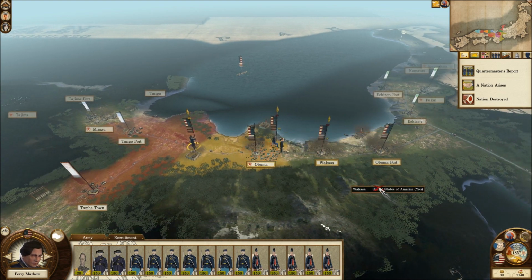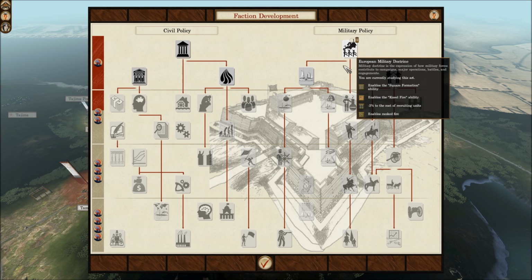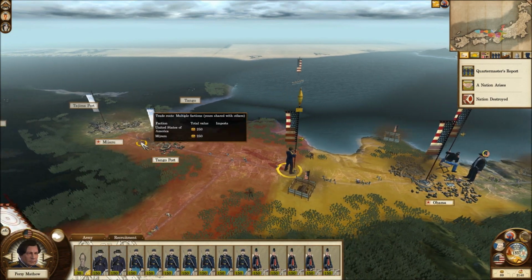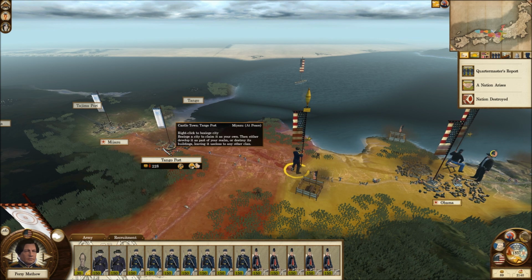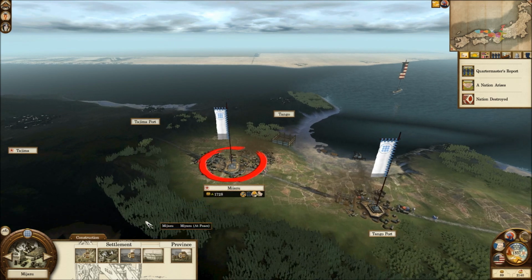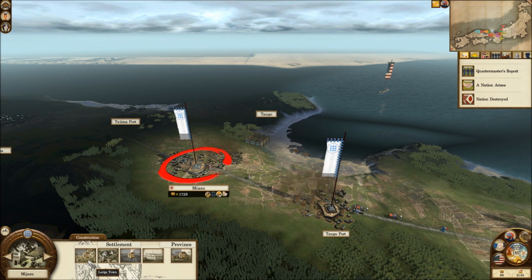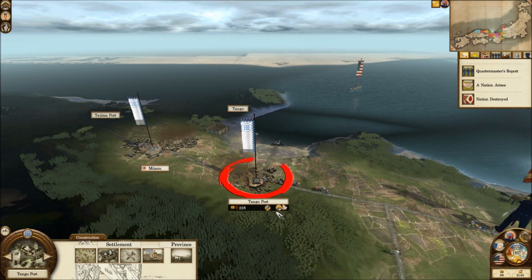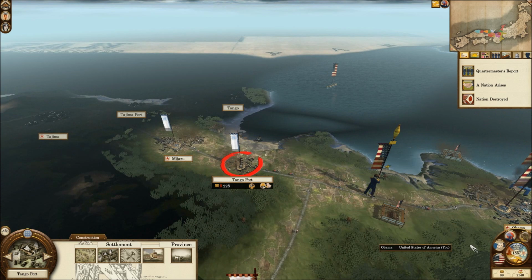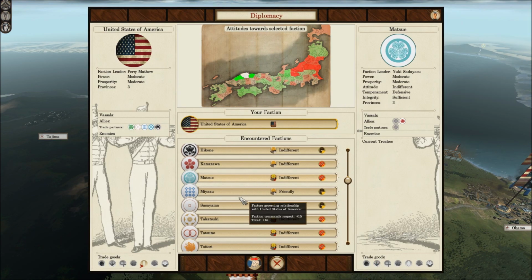Alright, so we are back. I waited roughly, I guess, 11 turns for that. So yeah, first we'll take on the Miyazu, who have Tango Port, and obviously the city or fort, or I suppose it's a large town. At least it's going to be soon to be a large town. But first we'll take Tango Port, and I'm choosing these guys first because they do